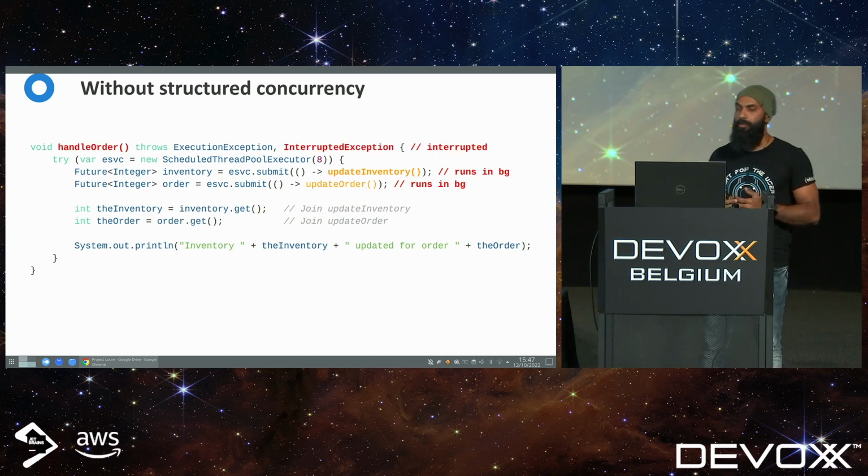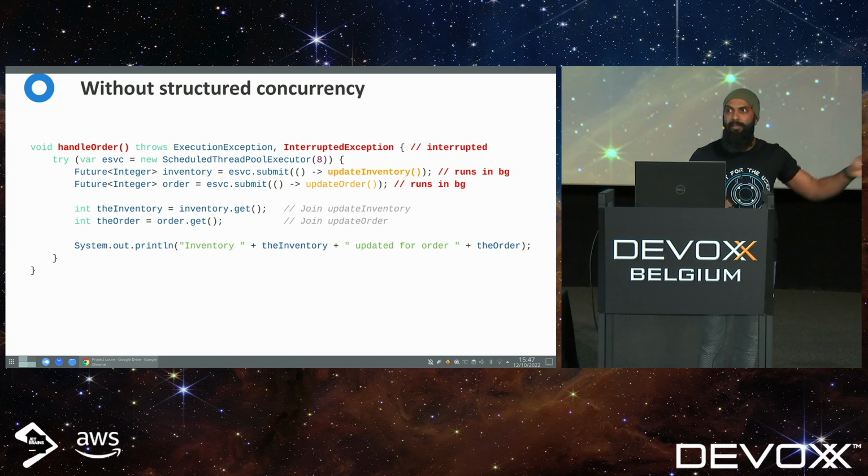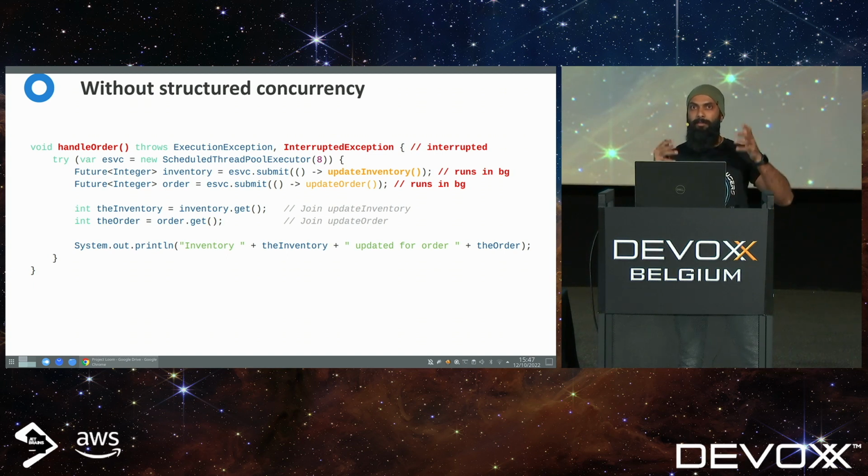So another failure scenario would be, let's say the handle order method was interrupted, some sort of interruption, whatever the reason. So the interruption is not propagated to the subtask. Both update inventory and update order are going to continue running in the background. And when this happens, this is thread leaking. The parent thread has been interrupted, but the child threads are still running, and they are leaking and running in the background. So that is a waste of resources, a waste of time,